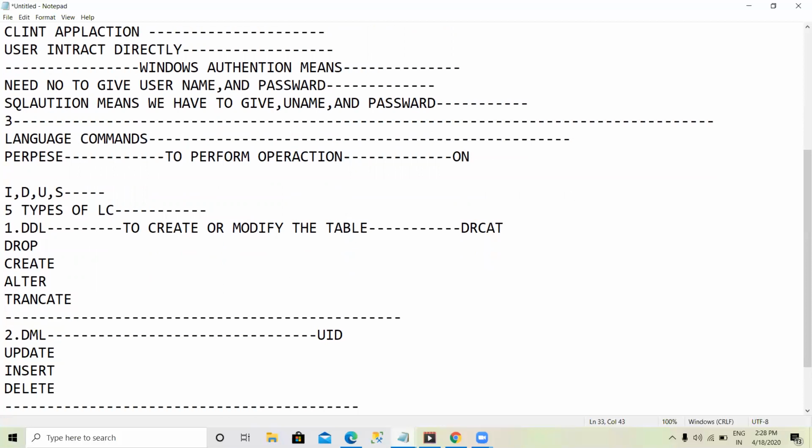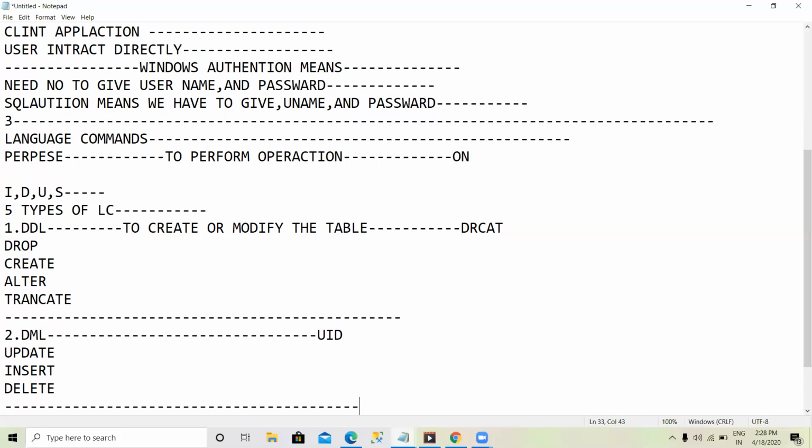So far I discussed what a DDL command is and where to use it, and what a DML command is and where to use it. A DDL command is used to create or modify the table. Simply remember, DML means you have to do data manipulations, which you perform on table data.